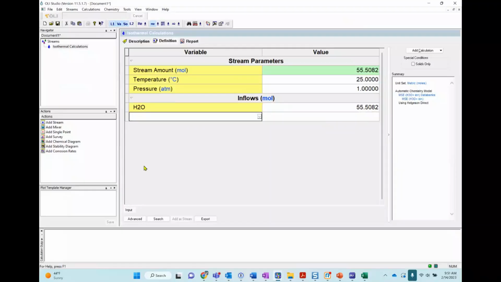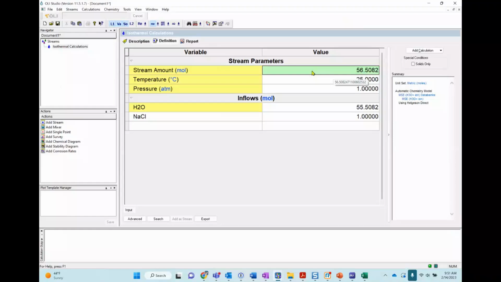So if we add in our inflows NaCl and we say this is 1 mole, this immediately is going to be 1 molal of sodium chloride, because it's 1 mole in 1 kilogram of water. And now the stream amount is adding up these moles. That will be your total amount of material in the system.